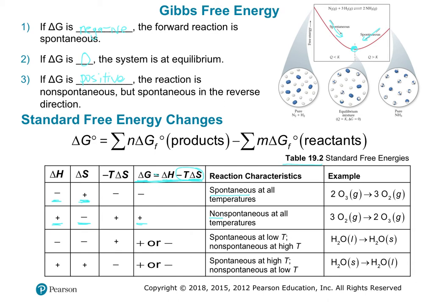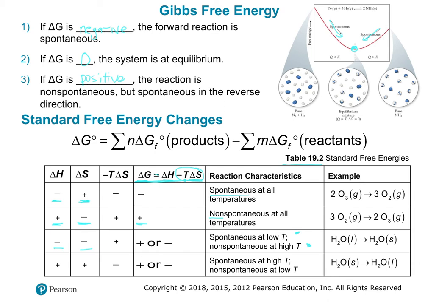So if I have an exothermic process that decreases disorder, so my enthalpy is helping me to be spontaneous, but my entropy is not, we want to figure out a way to minimize this entropy term. So what we could do is at low temperatures, the delta S factor gets really small and my exothermic process will help me to be spontaneous. So at low temperatures we'll be spontaneous, and at high temperatures the entropy component will get bigger and it will